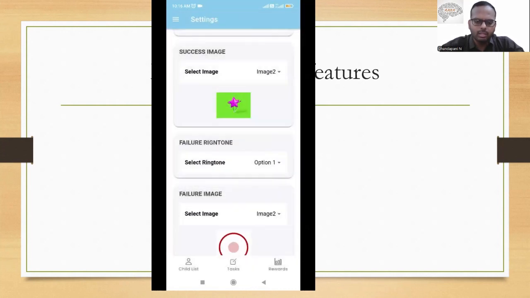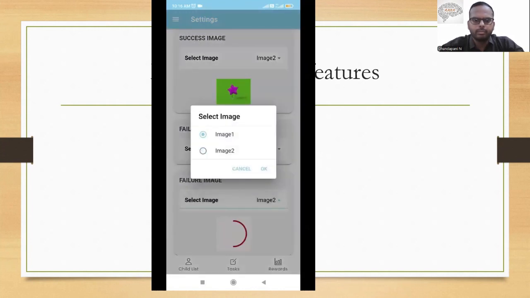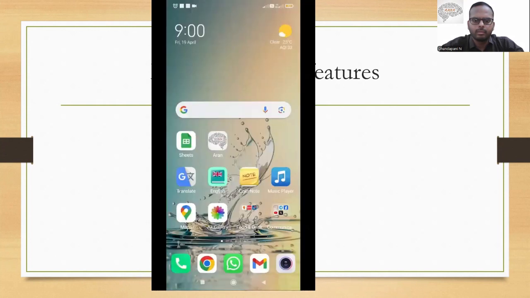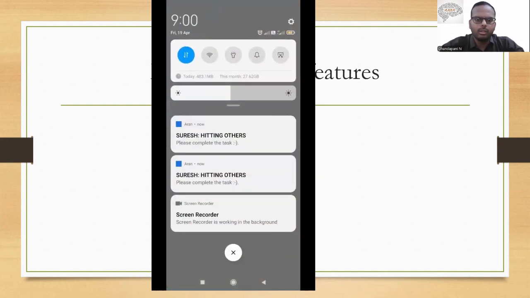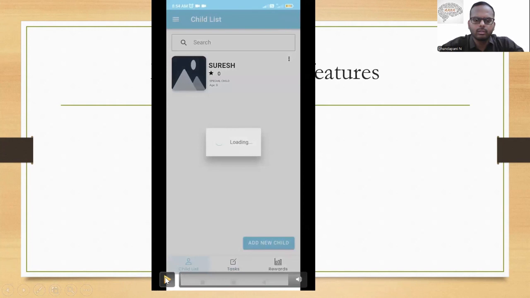Whichever your child likes, you can choose from the options available, and you will be given a reminder like this in your notification. Thank you.